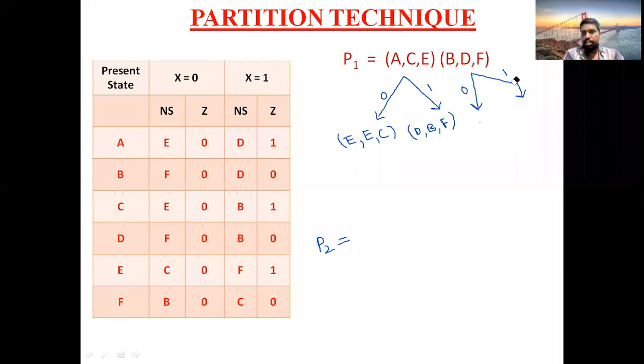Okay, so let me solve this first group, then I will go for second group. Okay, now you verify whether the states present in the group are the same as in the previous partition. See, two E's are there, so you can consider only one time. So E comma C, whether E comma C are existing in the same group or not. See here, E comma C existing in same group. Yes, they are existing in same group. So it is satisfied. Okay, existing means satisfied. Put a tick mark. If not satisfied, put a cross mark.